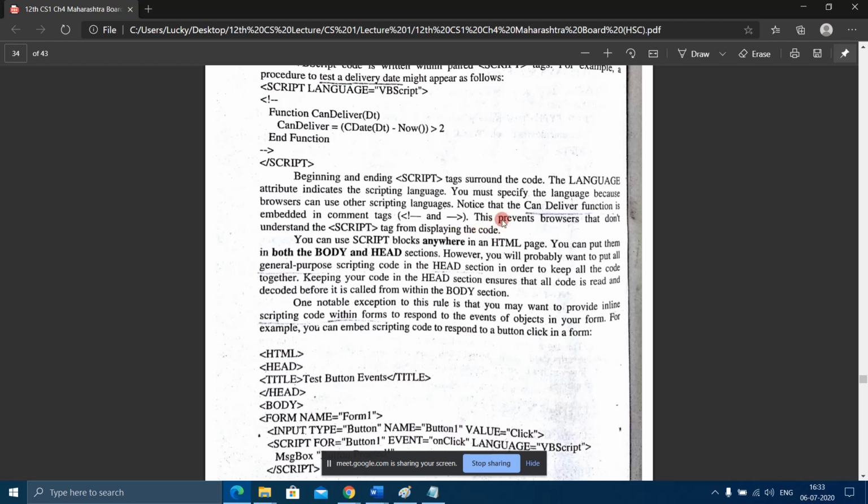You can use script blocks anywhere in an HTML page, in both the body and head sections. So the script tag can be used in the head tag and also in the body tag.